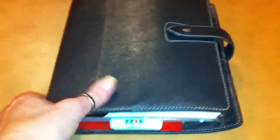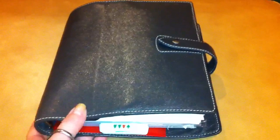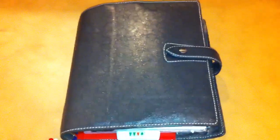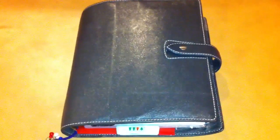But there's things about it. People don't like the dents. People don't like the feel of the leather. I'm not 100% crazy about the feel of the leather either. But it is what it is, and for what I'm needing, it's definitely what I needed to use right now. I think it's good for large lists. It's good for big projects. It doesn't make a great wallet. It's just too big. I mean, look how big this is compared to my hand. So I'm going to use this, and hopefully it will work perfectly for what I needed it for. I'm not sure what I'm going to do if it doesn't, but